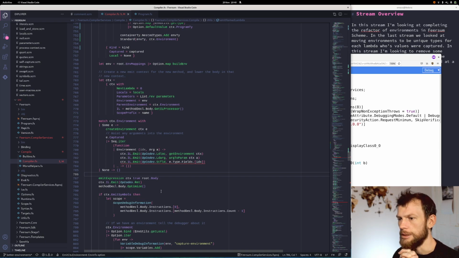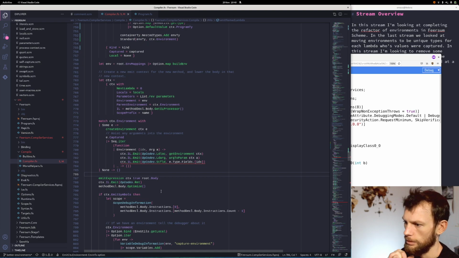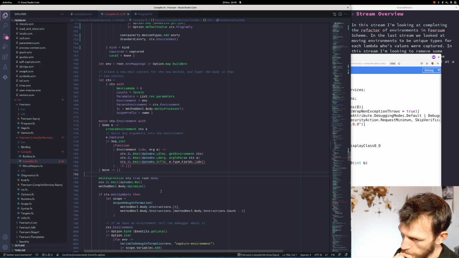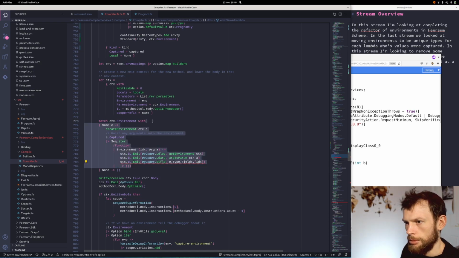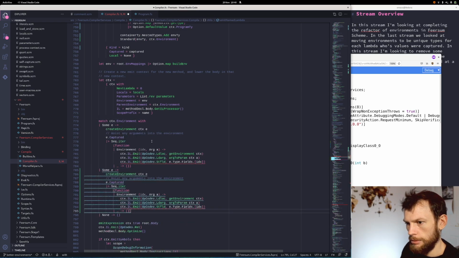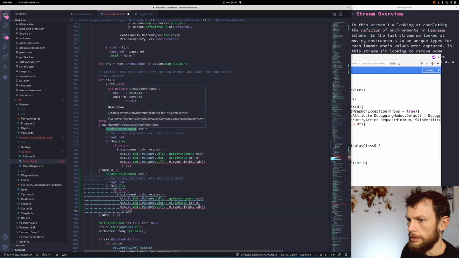It would probably be easier to hoist if we did it inside create environment. Right now, we can probably get away with saying